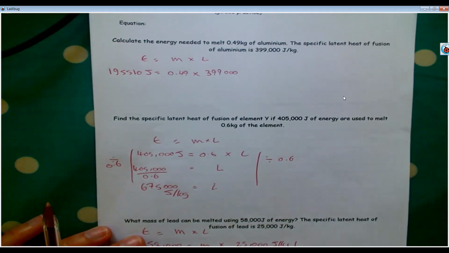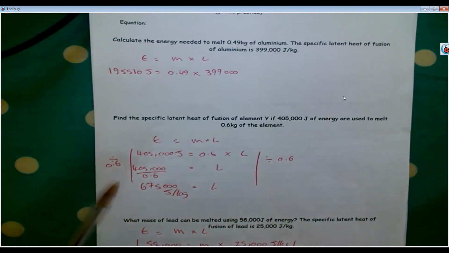Second question is specific latent heat of fusion of element Y if 405 joules of energy are used to melt 0.6 kilograms. So for that one, we need to do a bit of rearranging. We've got the equation, energy equals mass times specific latent heat. We know the energy in joules, we know the mass, but we don't know the specific latent heat. So we need to divide both sides by 0.6, and that gives us an answer of 675,000